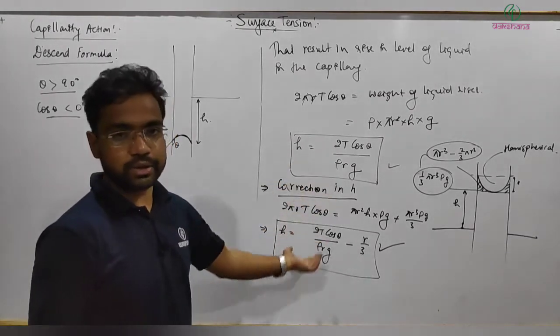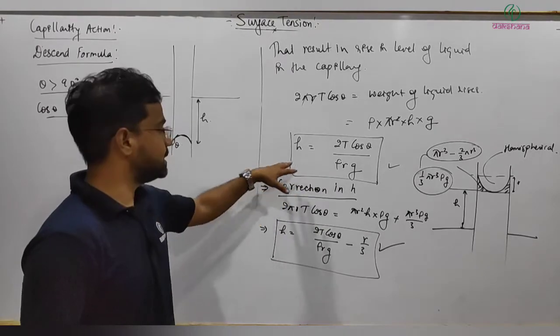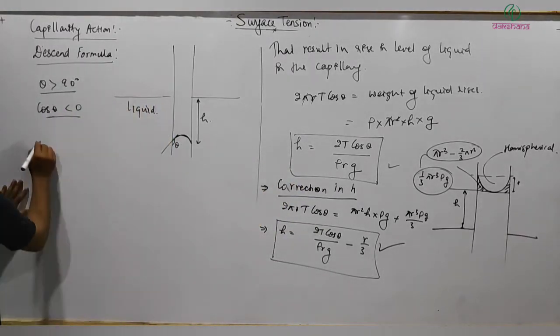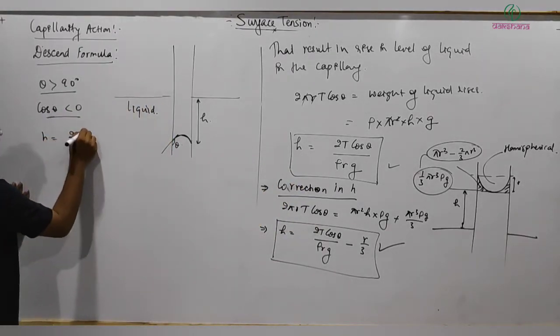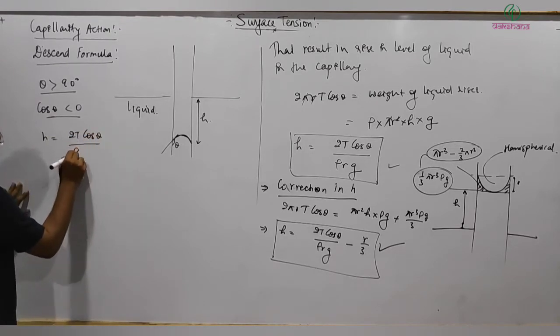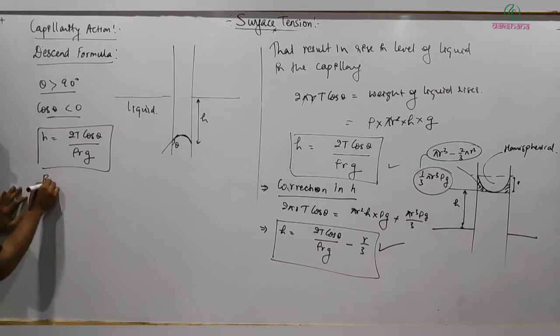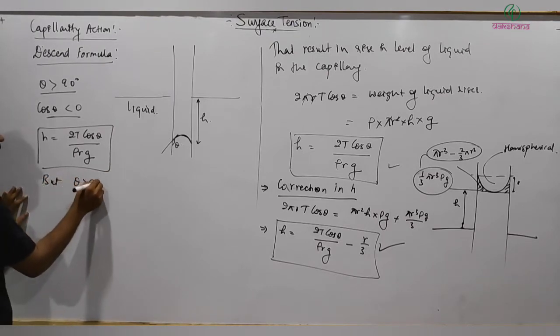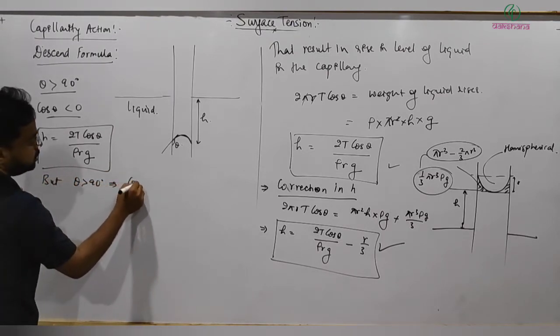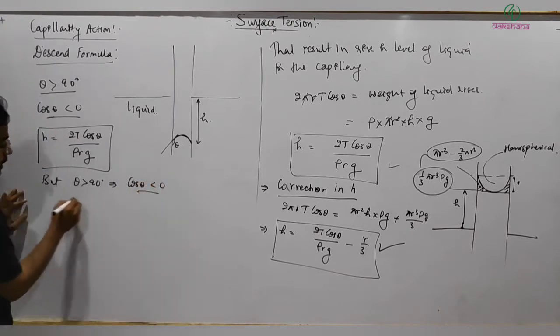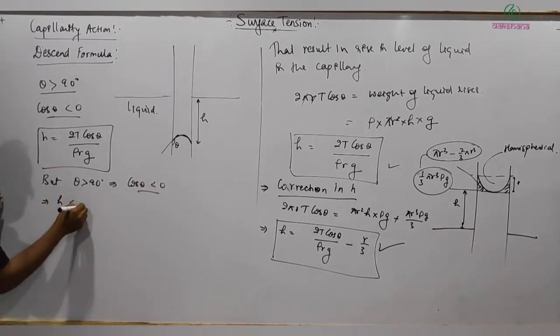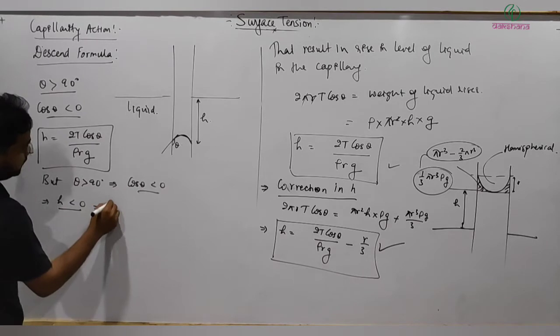By either method we will get the same expression. So h comes out to be here also 2T cos theta divided by rho r g. The same method is valid here, but theta will be greater than 90 degrees. This implies cos theta will be less than 0. That implies h is less than 0. So here negative